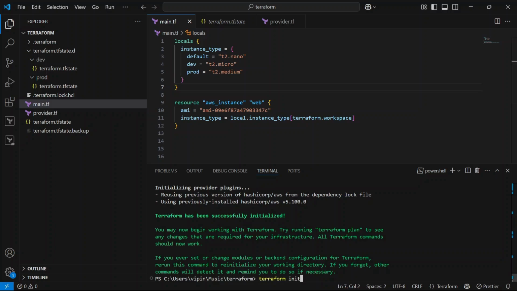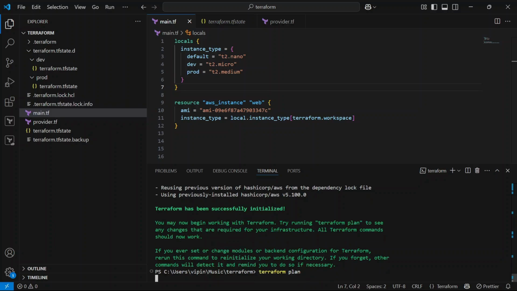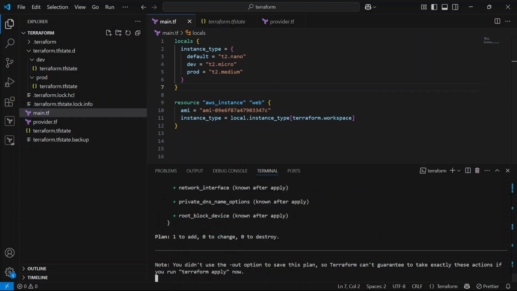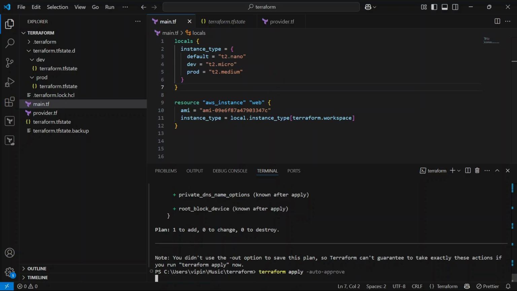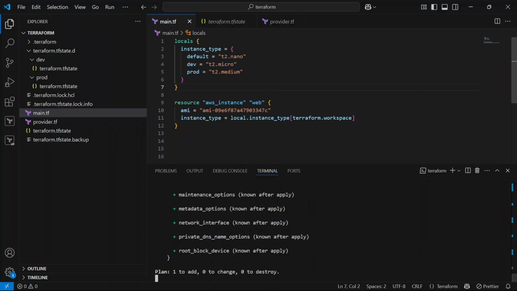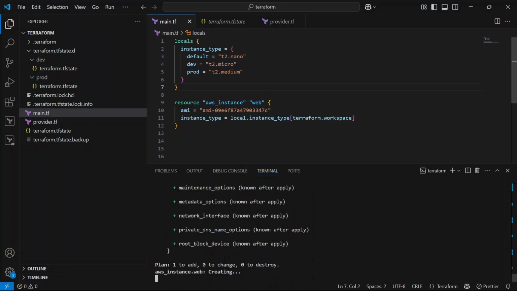So let's run terraform plan. If you see here, the default workspace configuration will come up, and let's run terraform apply. So wait for a few seconds, our instance is getting created.